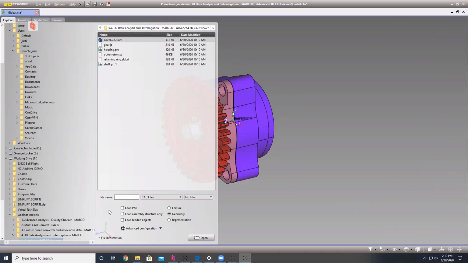And so these are modifiers for the information that gets loaded. But the one over here changes the way that the data is loaded. So if you are in geometry mode, you're only going to get B-reps, which is just solid bodies, but there is no smarts or no construction geometry behind them, as opposed to feature mode. In feature mode, if the file is really a feature-based model, which means that it was built in a native system, then it retains all of the history, like the sketches,